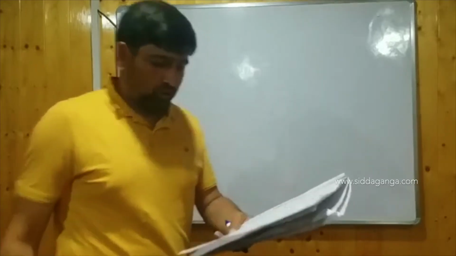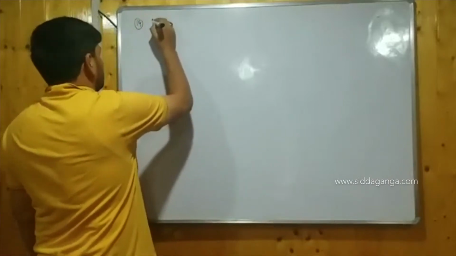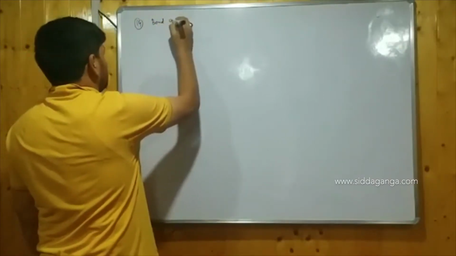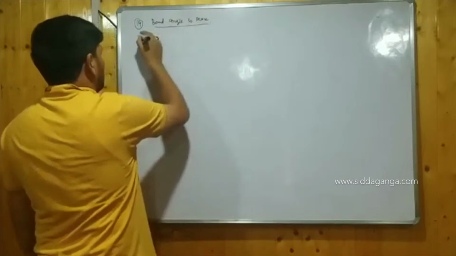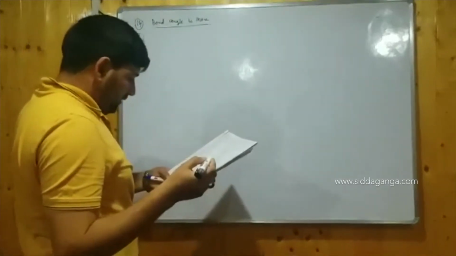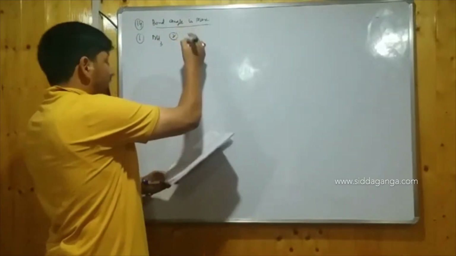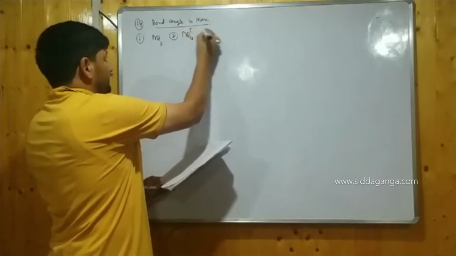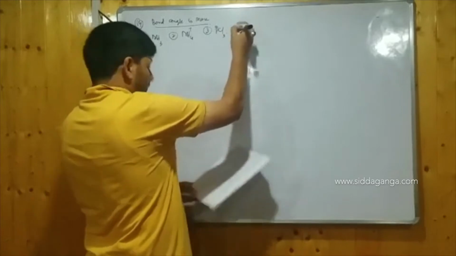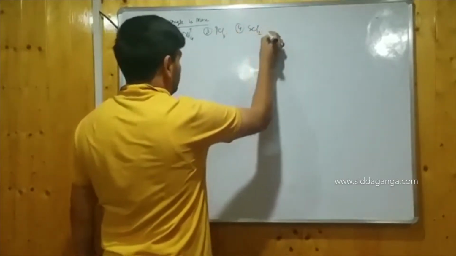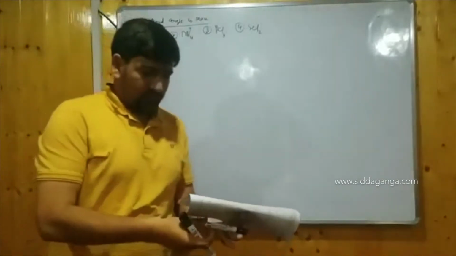In which of the following is the bond angle maximum? Question number 14. Options are: NH3, option 2 NH4 plus, option 3 PCl3, option 4 SCl2. Now tell me, if you want to find the maximum bond angle, should a lone